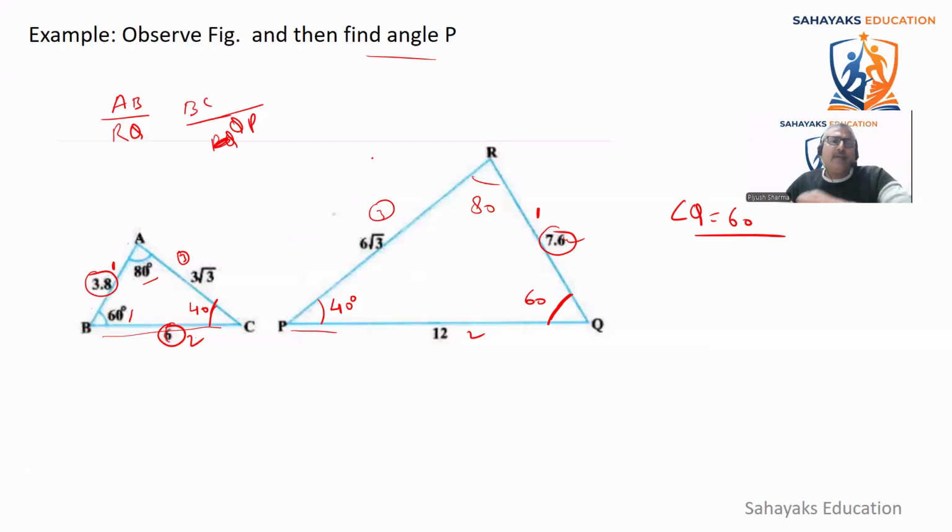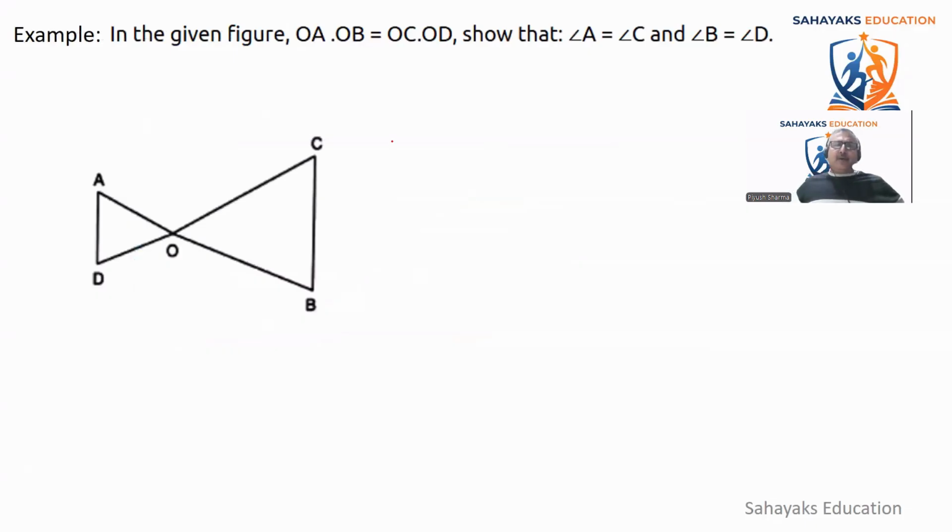Okay, coming to the next one. In the given figure, OA multiplied by OB is equal to OC multiplied by OD. So they have mentioned OA multiplied by OB is equal to OC multiplied by OD. Okay, so what we are doing here: it's a ratio, so let's make it as a ratio. We'll make it as OA divided by OD should be equal to OB